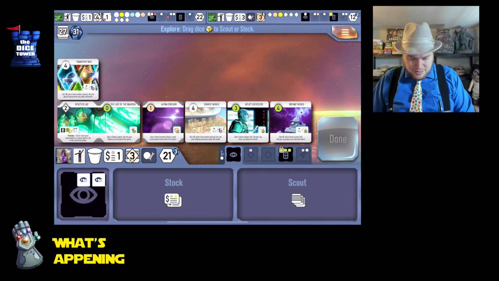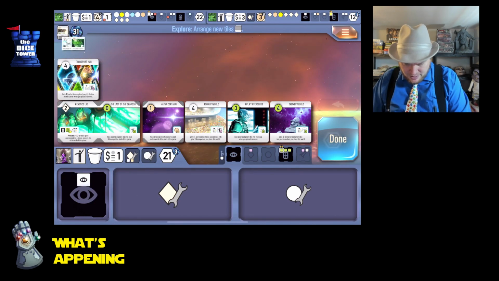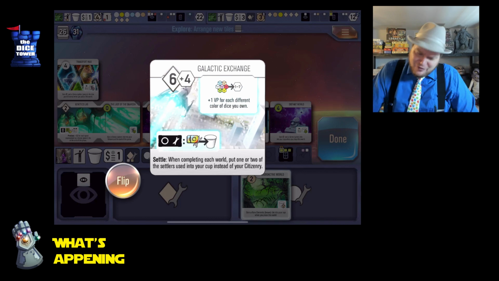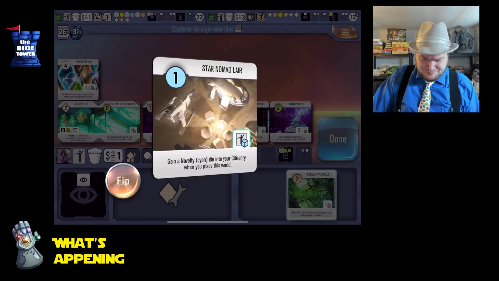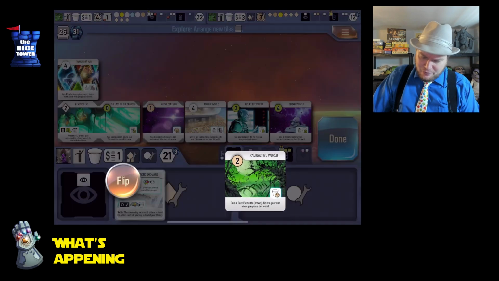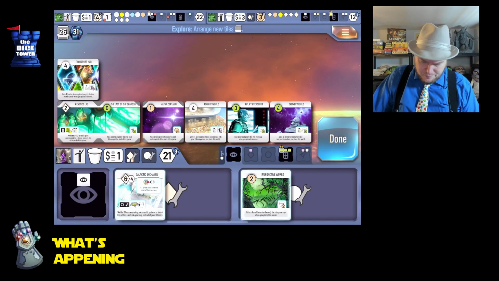So here I can get some money or scout. We're actually going to do some scouting here. I'm going to get rid of that and draw 2. Let's see what planets like. Ooh, 1 victory point for every different colored die you own. I have 4. Okay, we'll keep that. I don't think that's going to get done. Those work together, but